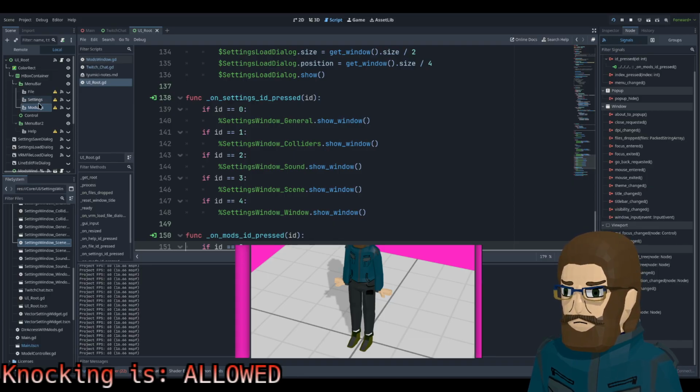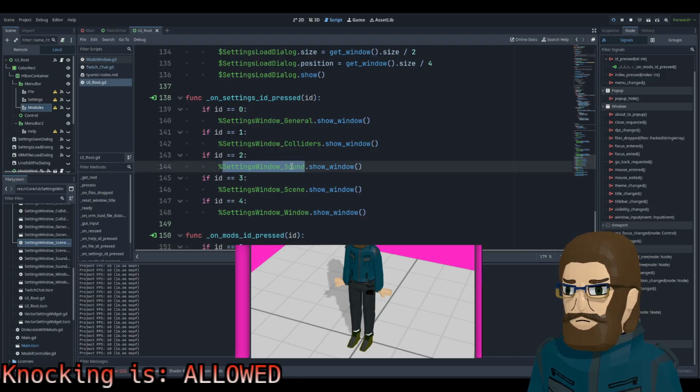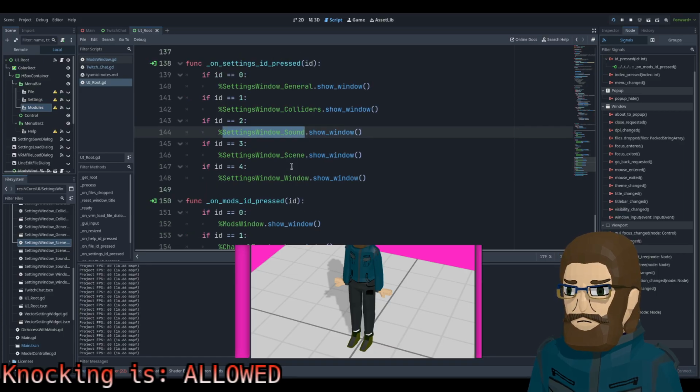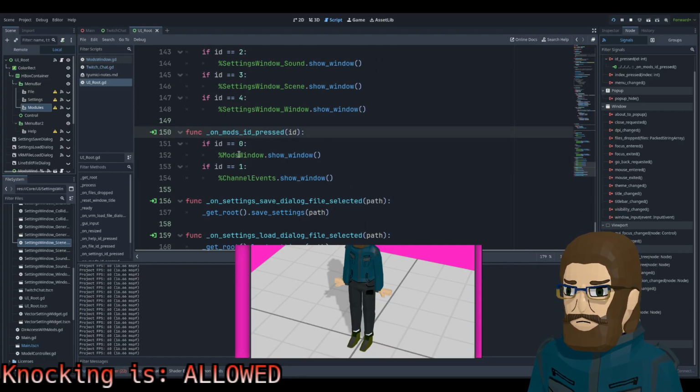If ID is 0, how does it know what the ID is? Well, I guess. Hmm. Well, no, never mind.